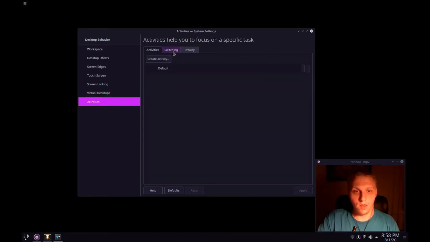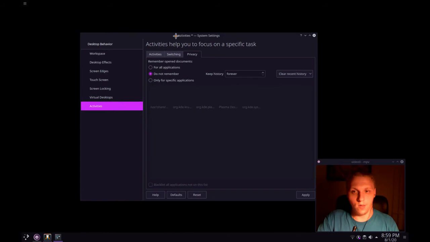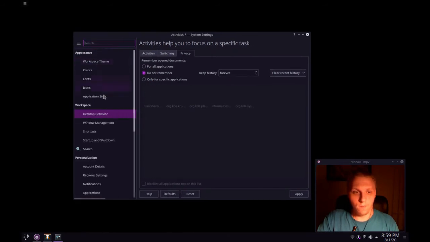In terms of activities, there's not much. I have it set, however, to not remember and to keep the history. I have it set up like this. You could set it up for how long you want it to remember. But if you set this to forever and do not remember, it will not remember any open documents at all. Which, when it comes to privacy, might be something you want to look into. And I think, okay, then we have window